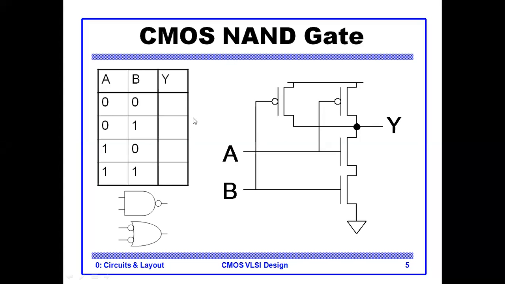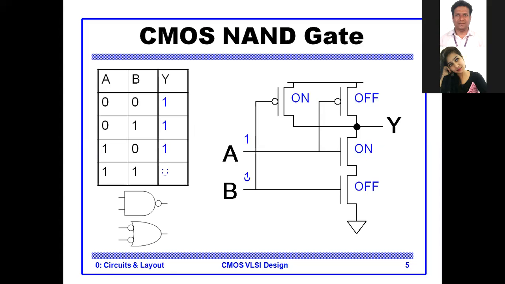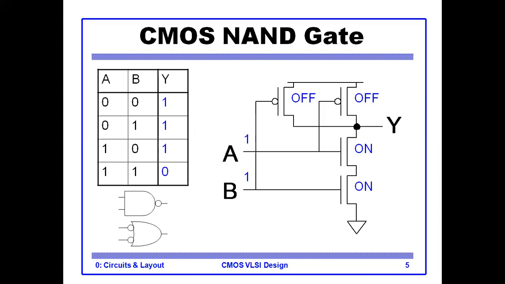So when we have to implement the CMOS logic circuit for the NAND gate, how can we implement it? First draw the truth table. All of you know the truth table of the NAND gate. This is the symbol, and now with CMOS we can implement it here. Again, this is the pull up network and this is the pull down network. In the pull down network, always prefer NMOS type transistors, right?